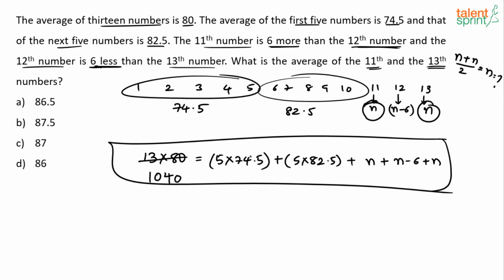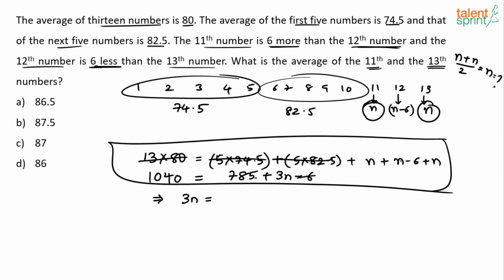5 into 74.5. I'll take this 5 common. So if you take 5 common, we'll have 74.5 plus 82.5. So that is 150 plus 7, 157. 157 times 5 will be 750 plus 35, 785. So this is 785 plus this is n, 3n minus 6. So basically 3n will be equal to